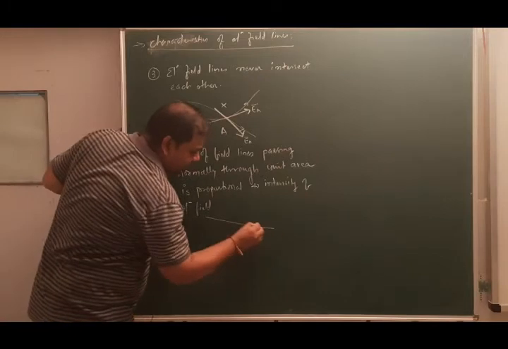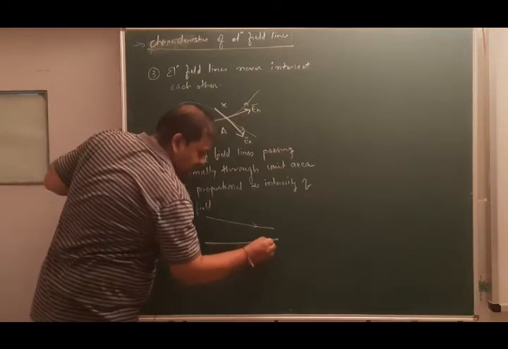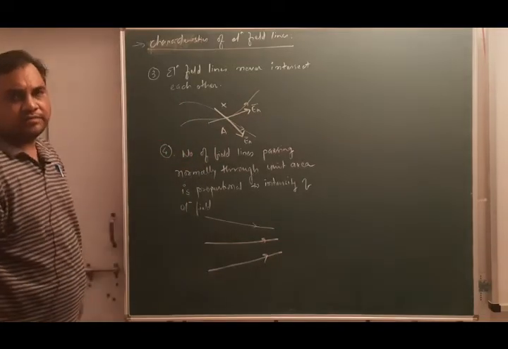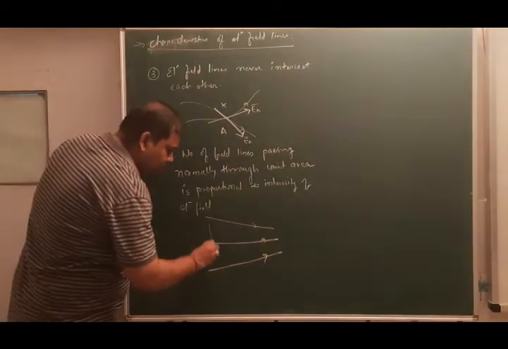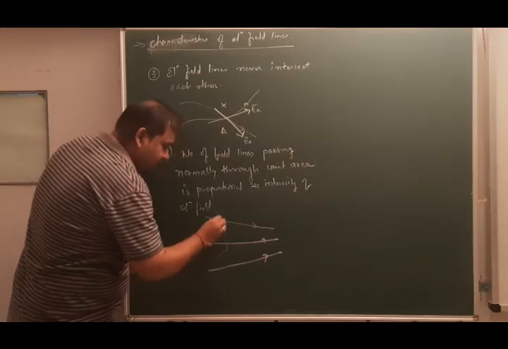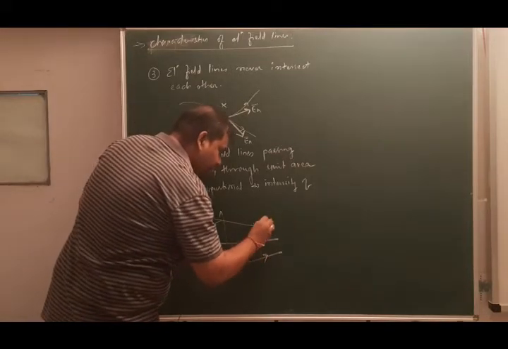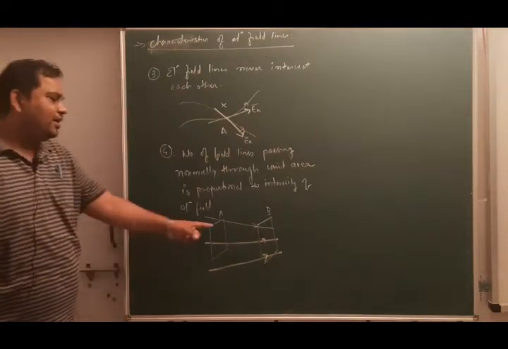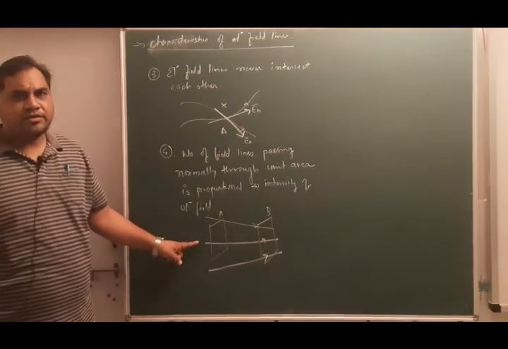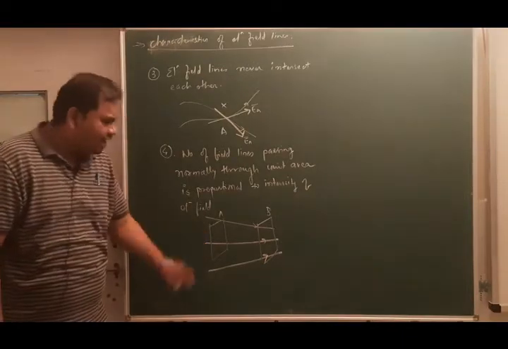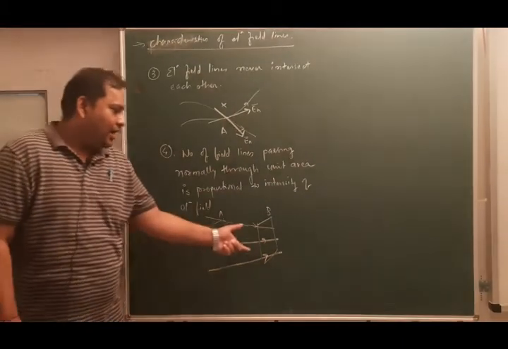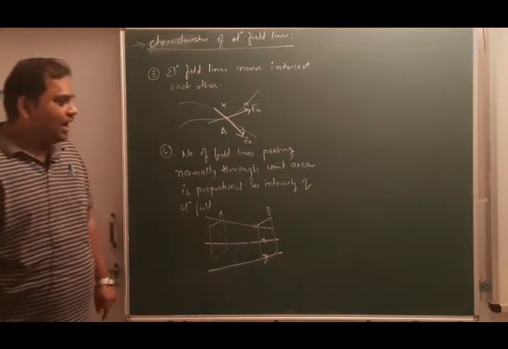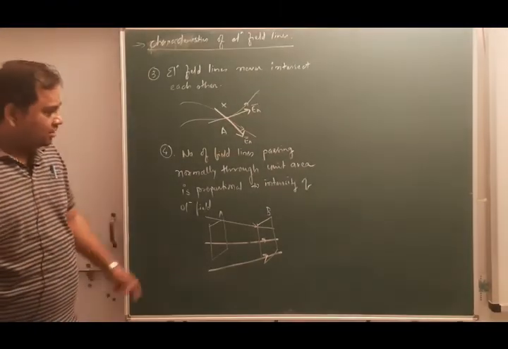So suppose we have this kind of electric field, then you have to plot two unit areas. This is unit area A, this one is unit area B. As you can see clearly over here, the number of field lines passing through area A is very much less, and the number of field lines passing through area B is very large.